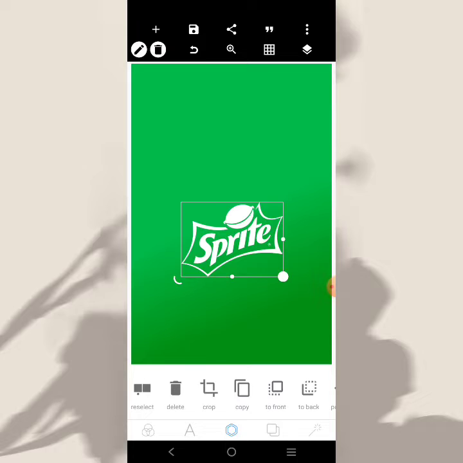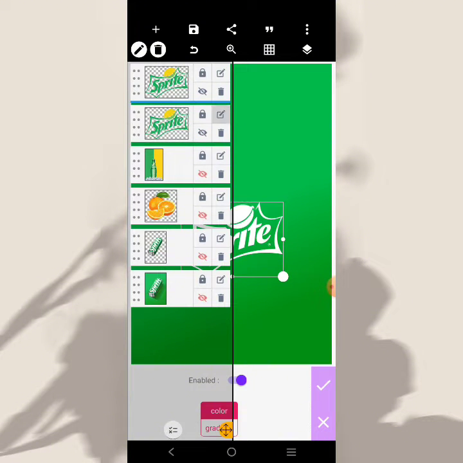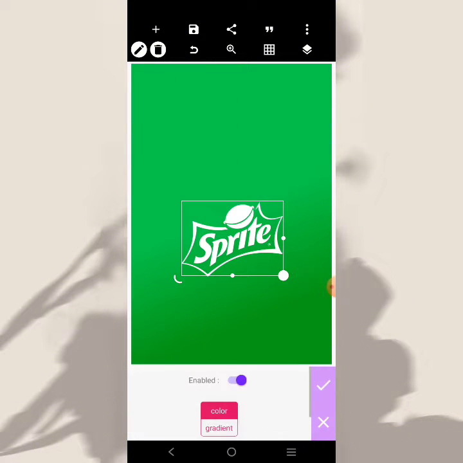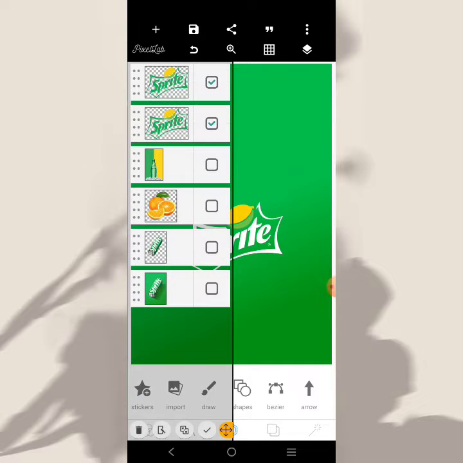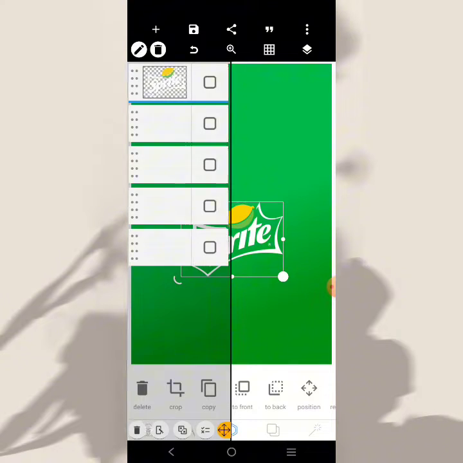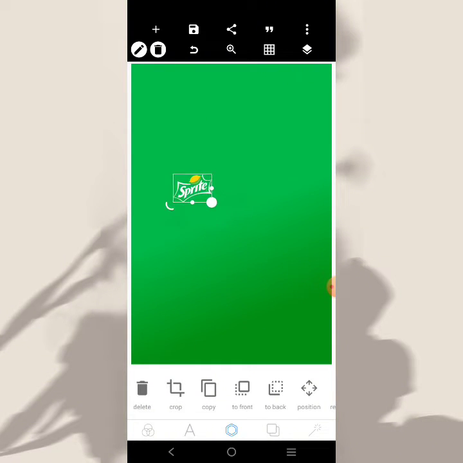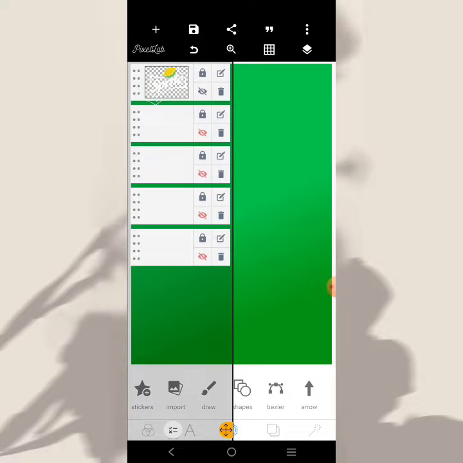Right, then I can, no, not this. So this one I can come over here and get it back. Then I'll merge both of them together like this. So we've gotten the logo the way we want it. So I can just come over here and put it there. All right, so this is the color we'll be working with. This color here,